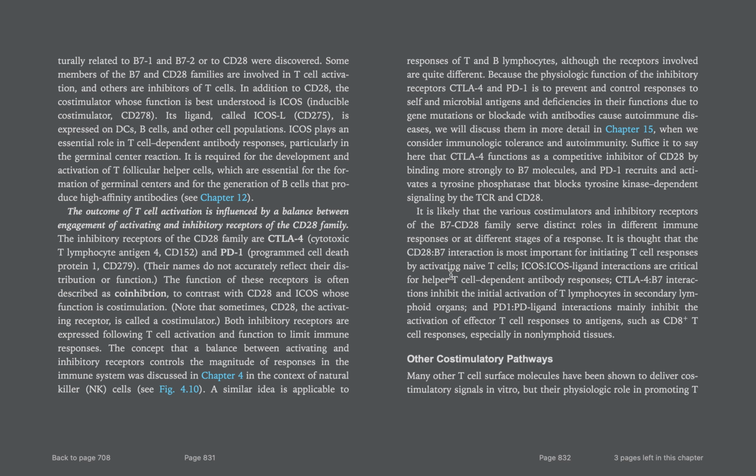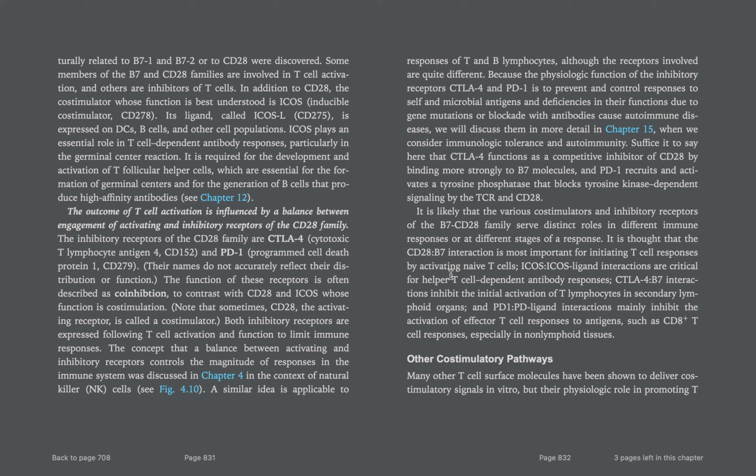ICOS and ICOS ligand interaction are critical for the helper T cell-dependent antibody response. The CTLA4-B7 interaction inhibits the initial activation of T lymphocytes in secondary lymphoid organs, and PD1-ligand interaction mainly inhibits the activation of effector T cell responses to antigens, such as the CD8 T cell response, especially